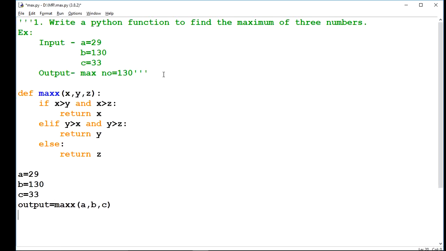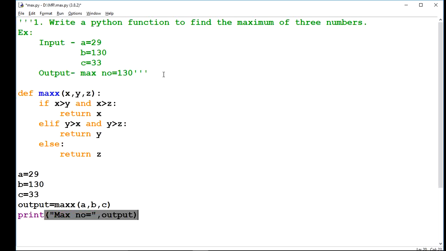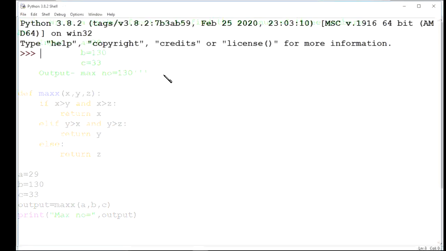This is the variable, and here I will print maximum number is equal to, the output is coming in the output variable. Now check the answer.